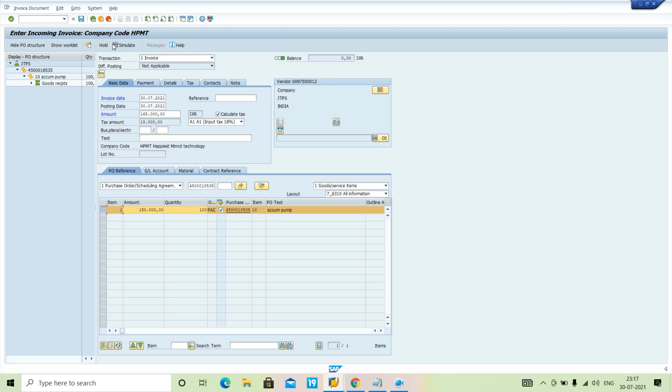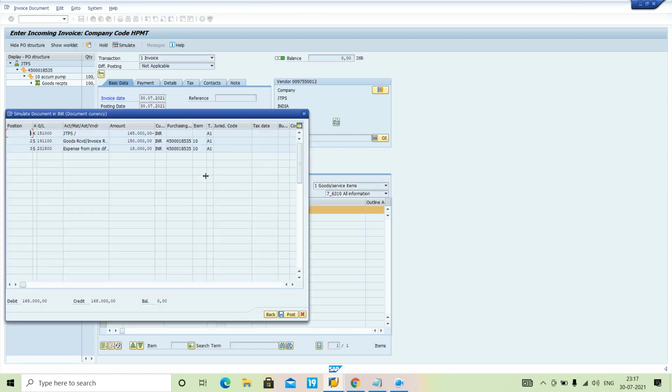Now I have to do simulate. So I am simulating it. Here I can see three kinds of accounting documents are being generated right now. The vendor account is credit, GRIR account is debit.